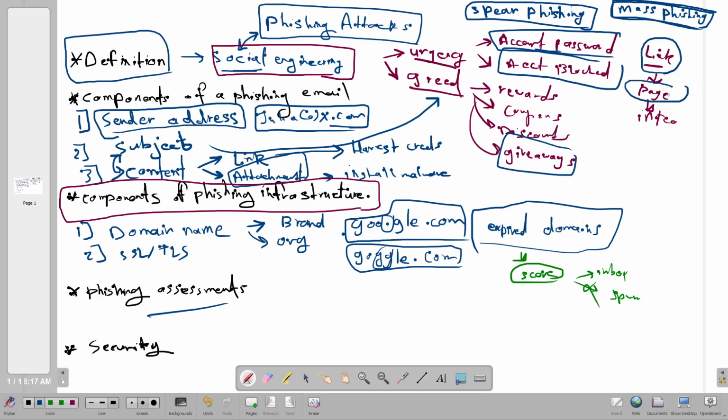The landing page is designed by whom? By you, either a red teamer or an attacker. I hope you are a red teamer. So you should design the landing page, and the landing page should have HTTPS. It's recommended because it gives the page an authentic outlook.